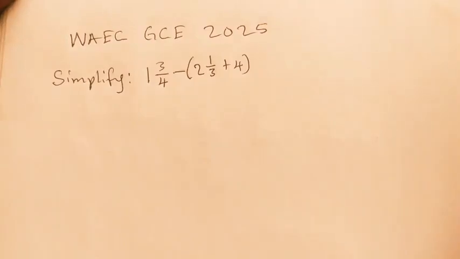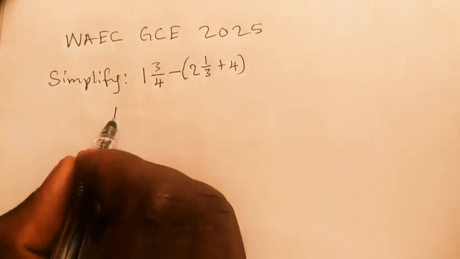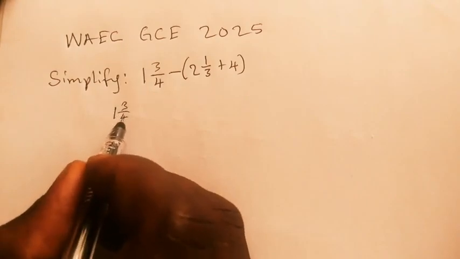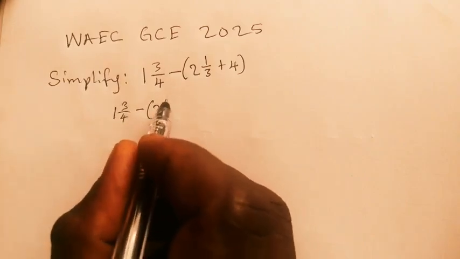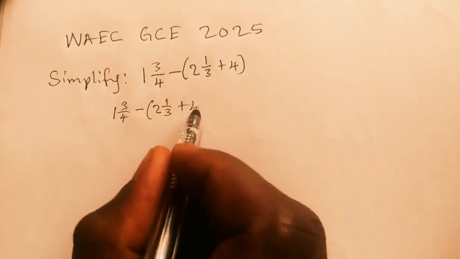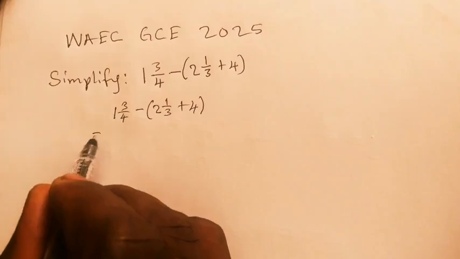We have another question here from GCE WAEC. So to solve this particular one, it's a fraction. This is 1 all over 3 over 4, and then minus open bracket 2, 1 all over 3 plus 4. So this will be equal to,